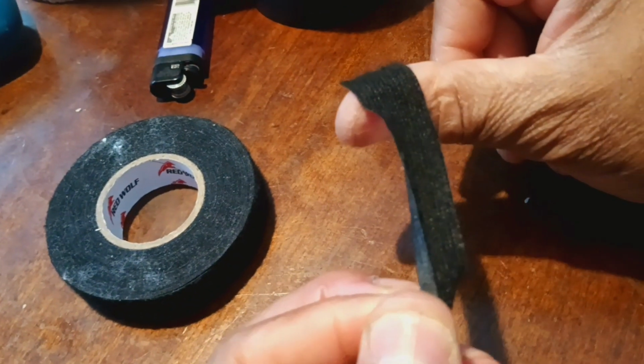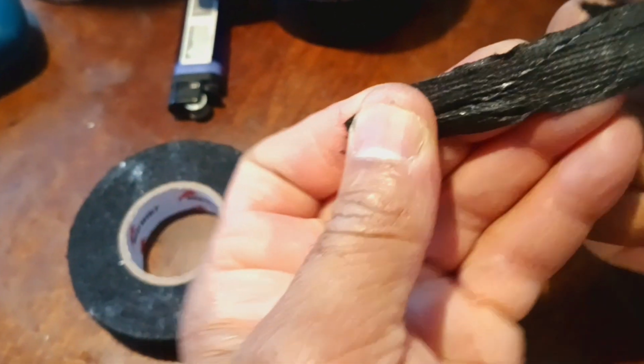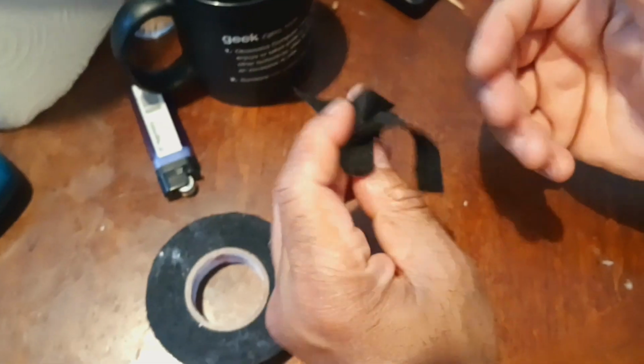So I just want to recommend this tape if you were using it for electrical or just about anything else. It seems pretty strong. It takes quite a bit of strength to break it. And I would say,